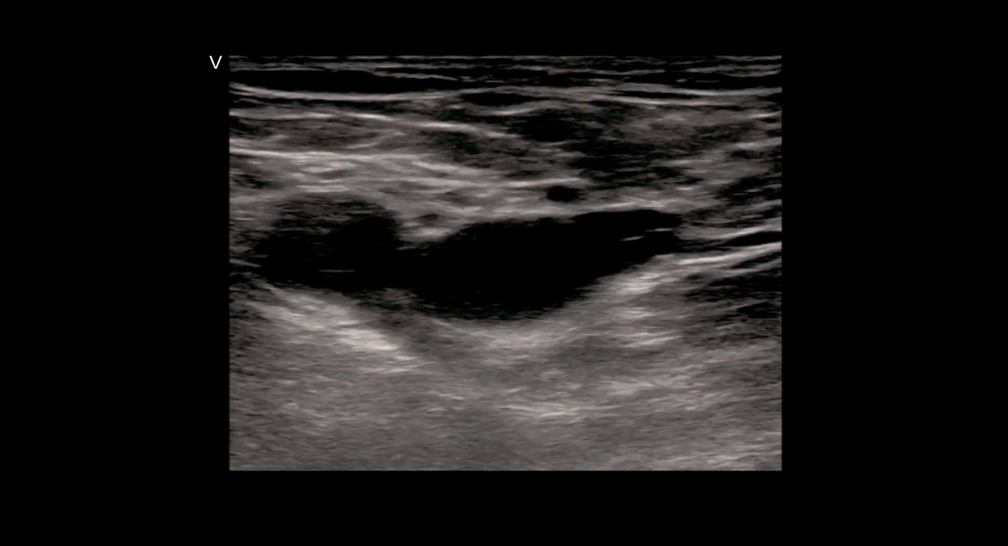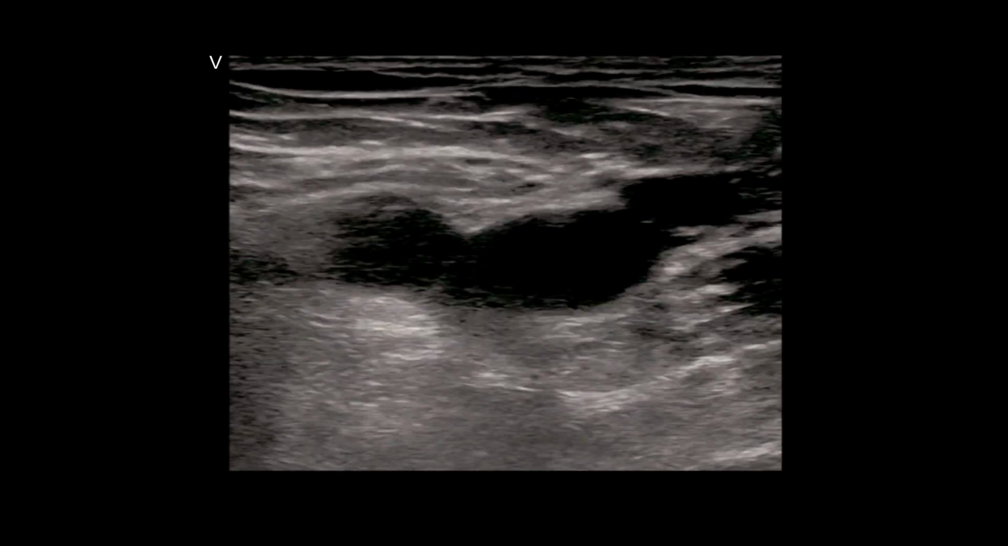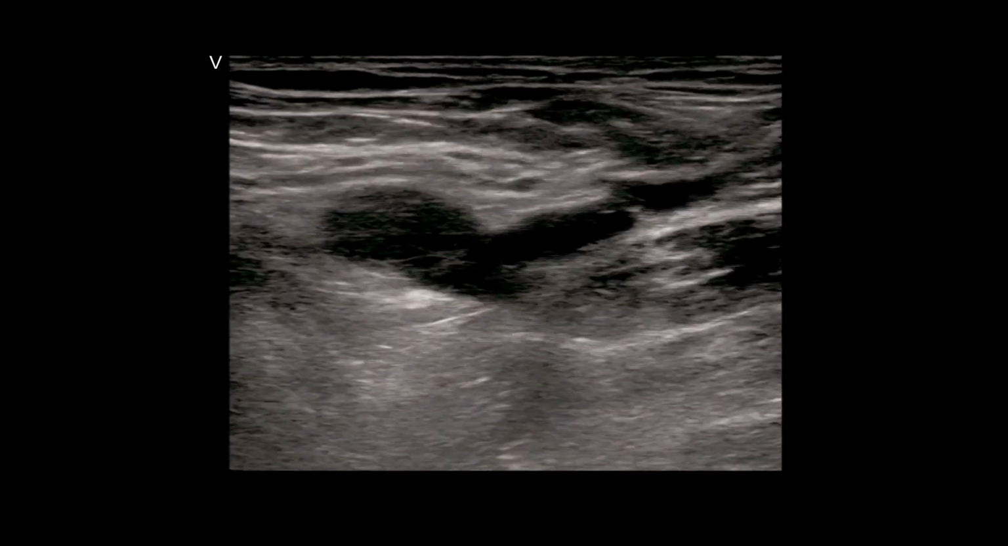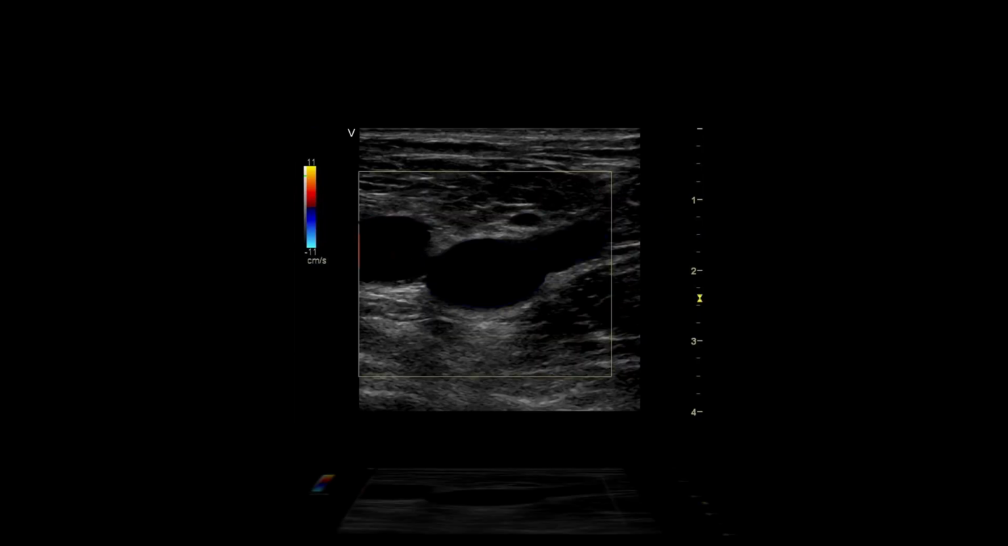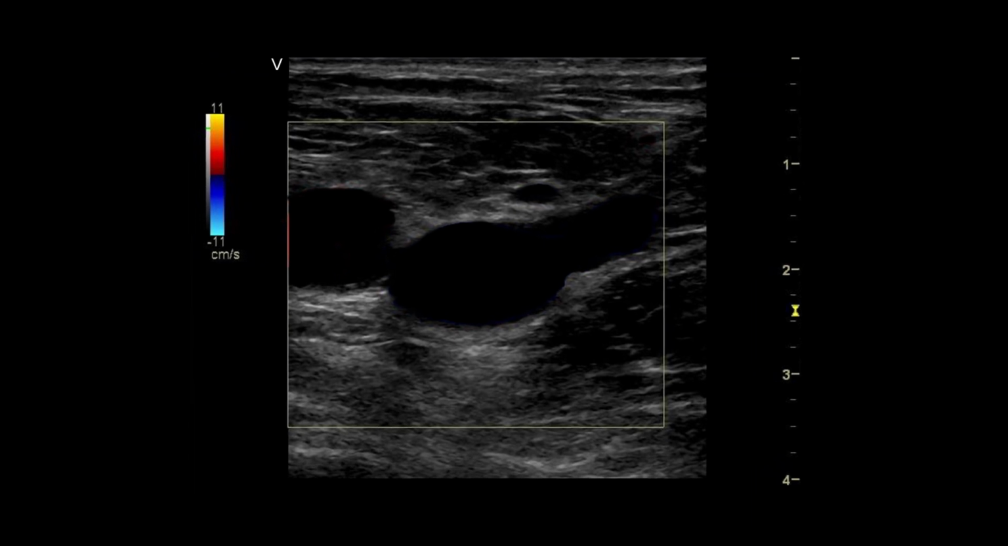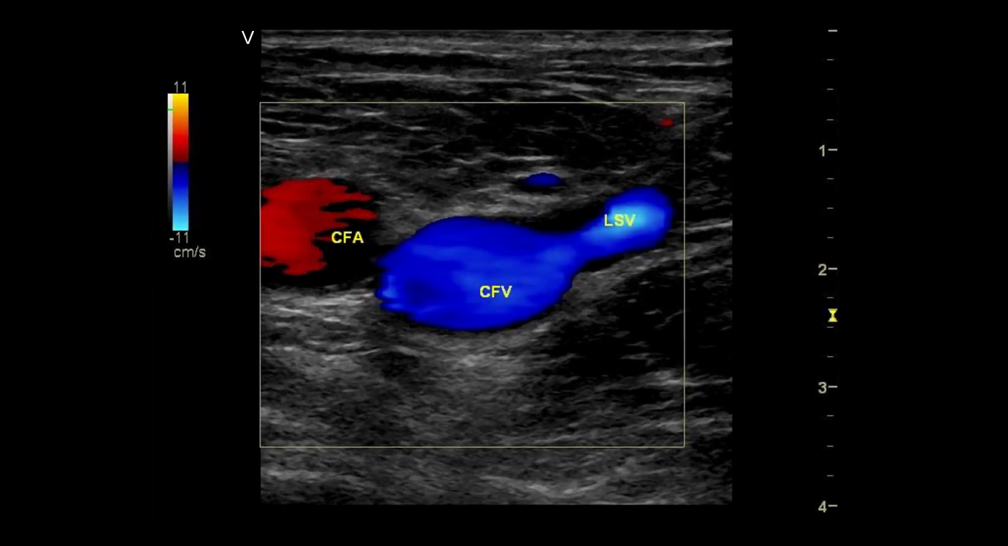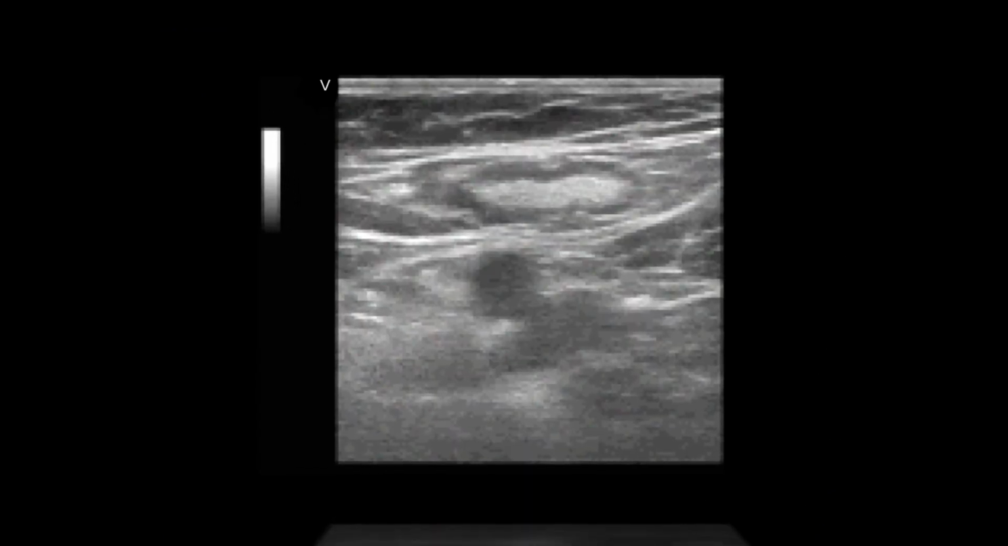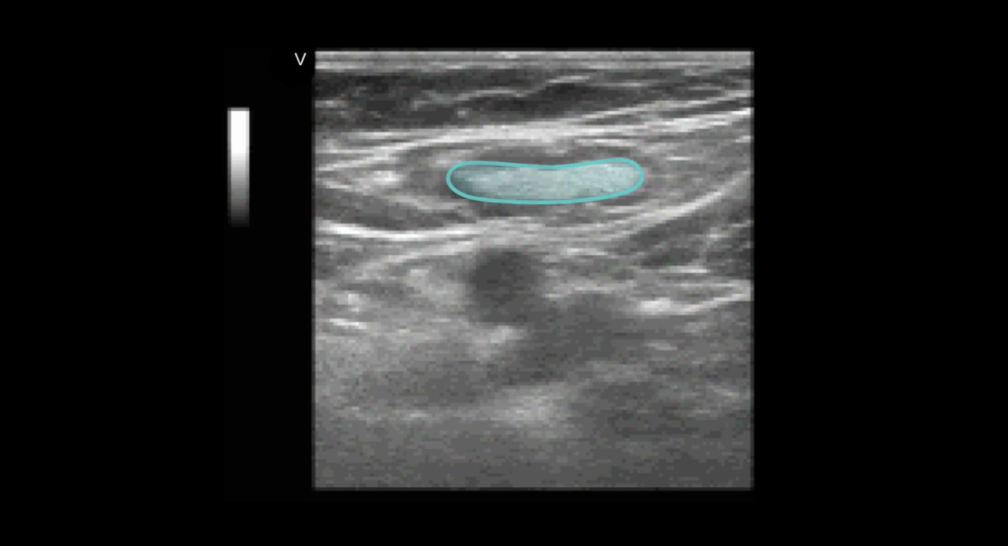Test the compressibility of the veins with adequate pressure. Though the compressibility test should be done primarily with grayscale imaging, color Doppler imaging can be used as a tool to help assess for thrombus. You may be able to see partial thrombus or recanalization in chronic DVT patients. One or more of the superficial inguinal nodes may be seen in this region and should not be mistaken as